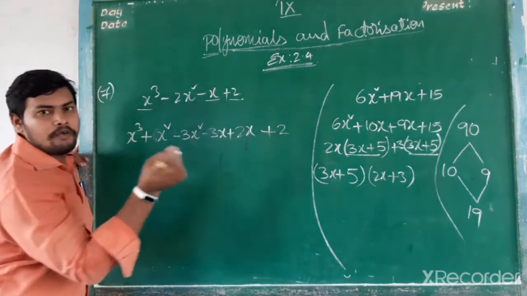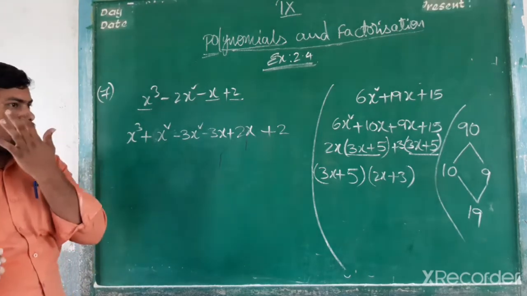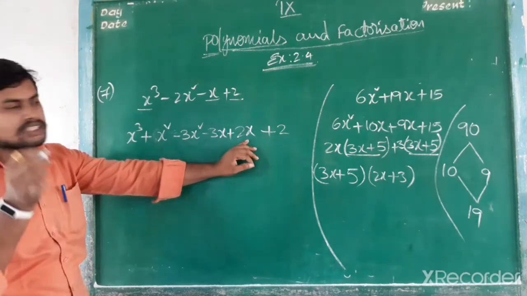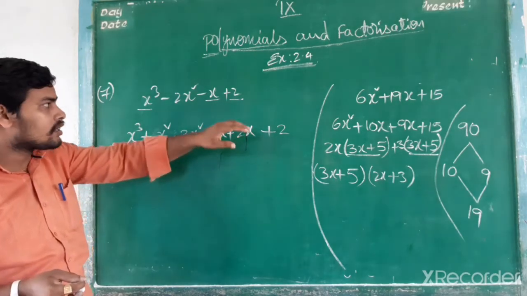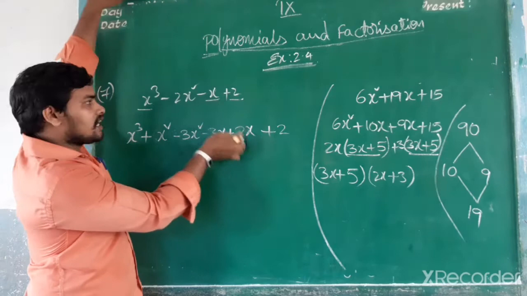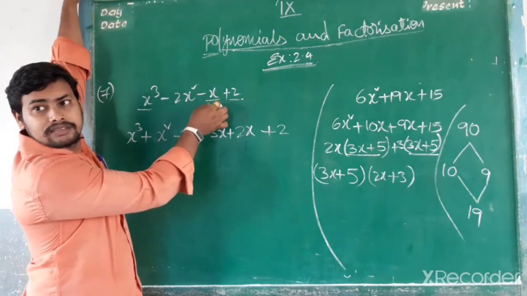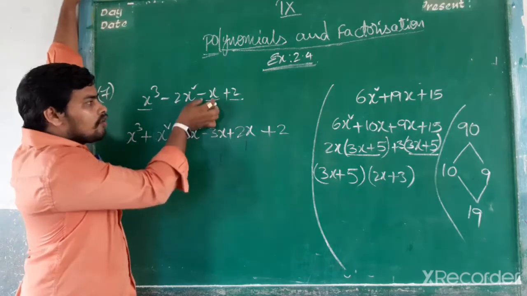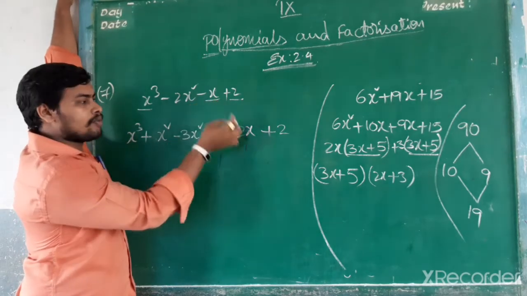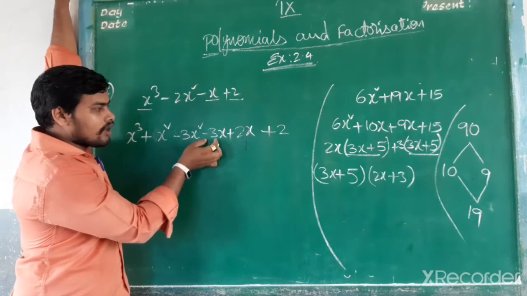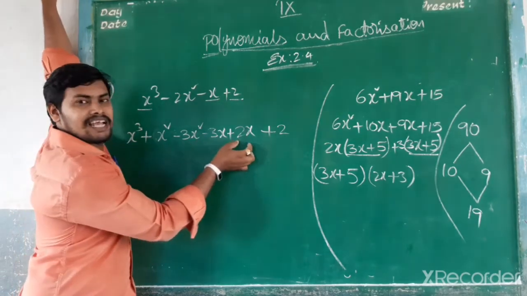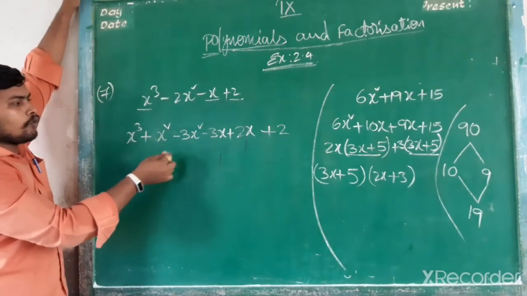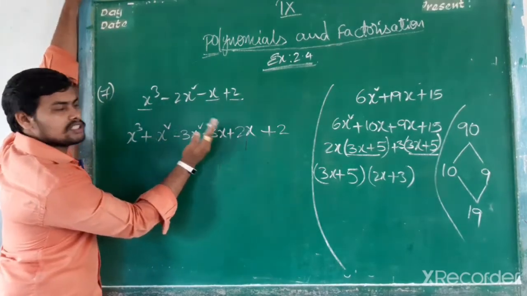So if you have to take the same number as the common factor, here is also that same number. That's why I have to write 2x. But whenever I write 2x here, the value must change. The value changes. That's why the result is minus x. But here you have to write 2x. That's why I have to write minus 3x. Minus 3x plus 2x, the result is minus x. Okay. Next, move on. From here onwards it is over.